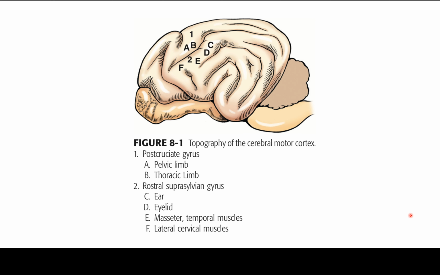Regions involved with more highly skilled functions have a larger representation in this motor area. Muscles with small motor units also have a larger area of representation. The primary motor area of one cerebral hemisphere serves the musculature on the contralateral side of the body. In the carnivore, the postcruciate gyrus is related to the innervation of the appendicular musculature. The supercilium gyrus is related to the motor function of the cervical muscles and the muscles of specific areas of